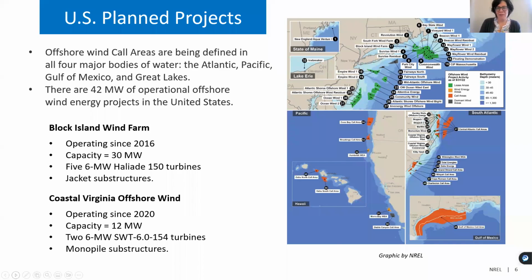While we might not have that much that's operational at this moment, there is absolutely a pathway to seeing quite a bit more offshore wind off of the US. This slide shows close-ups of the regions where the federal government is currently looking to develop offshore wind, including all the major bodies of water in the US. The Atlantic, where there's been quite a bit of activity, the Pacific, and the Gulf of Mexico, which is certainly newer. In the Great Lakes, there's been some discussion and things are starting to get going there as well. Next slide.